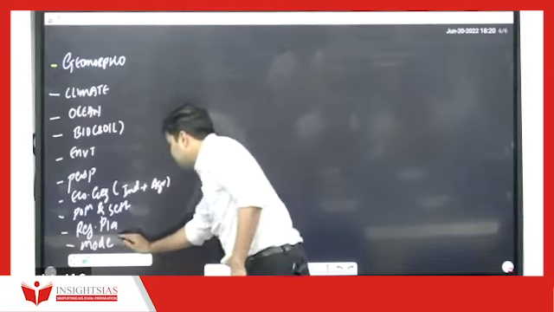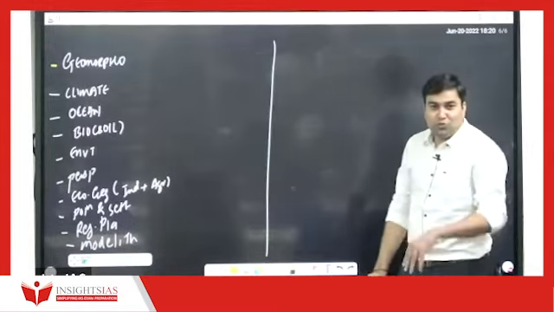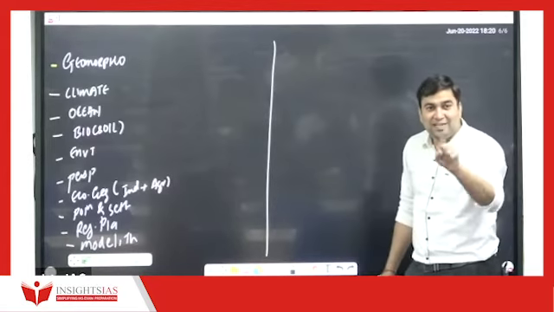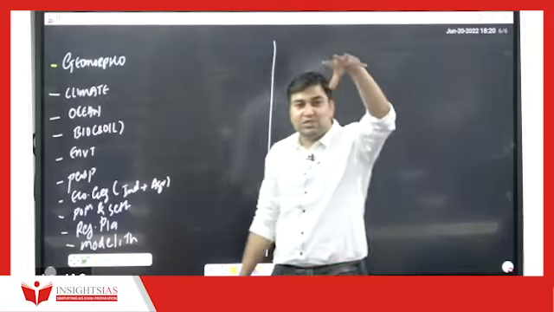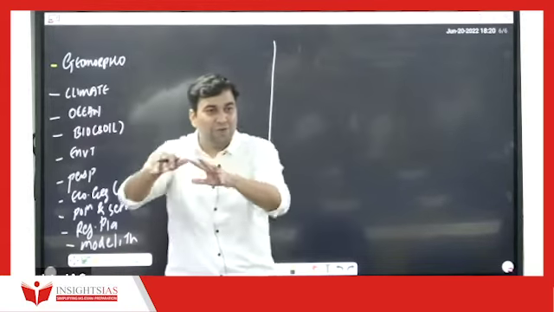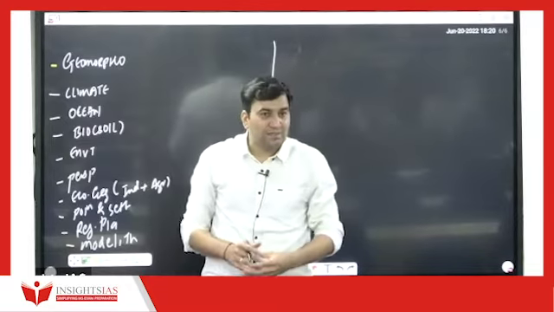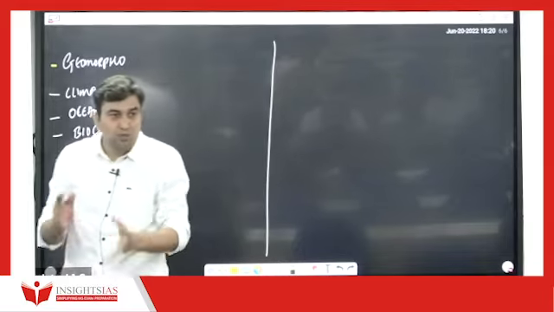Now, when I'm speaking about these things, let us see chapter paper 2. Paper 2 में first chapter is physical setting of India. In first chapter which we discussed about geomorphology, we spoke about formation of the earth, landforms, and then why is that Pacific Ring of Fire has volcanoes, etc. That means we also studied formation of the various landform features like mountains.